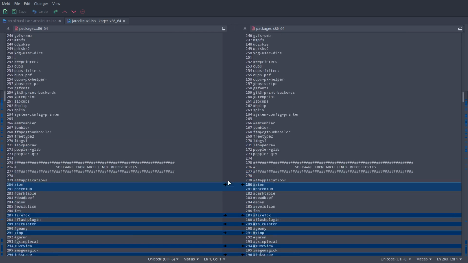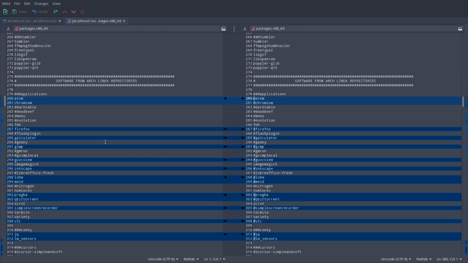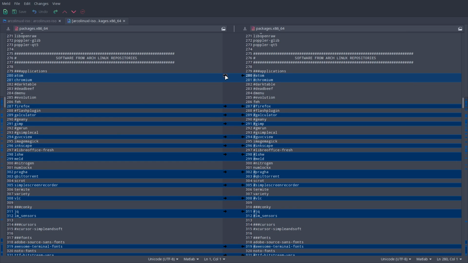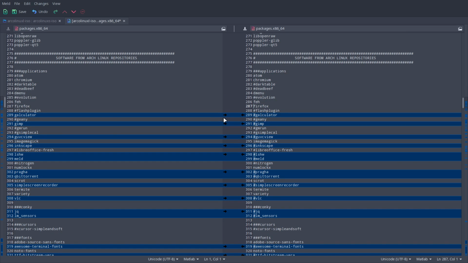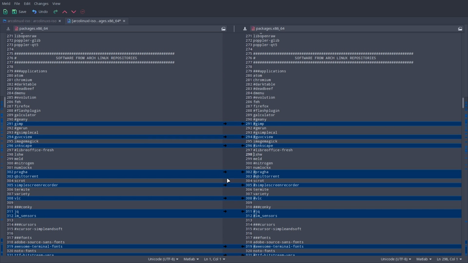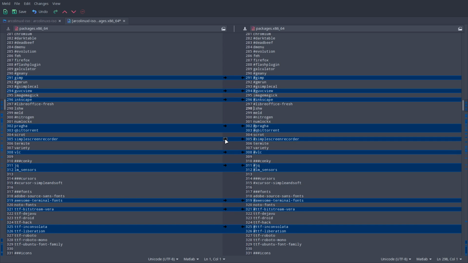You go for the packages x86, and then you decide, I do want to have Atom and Chromium. I do want to have Firefox, calculator. Well, yeah, sometimes we need the calculator. GIMP, maybe not your thing, and Inkscape, maybe not your thing. I do like Melt, Praga, QuickTorrent. No, I'll install it later on if I need it. Simple screen recorder,